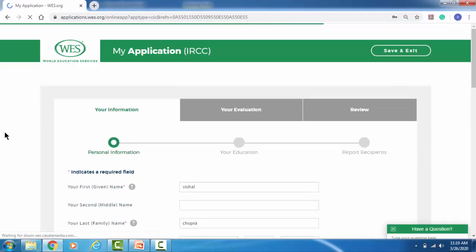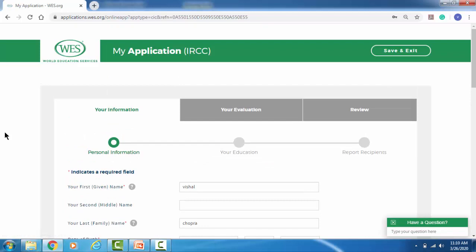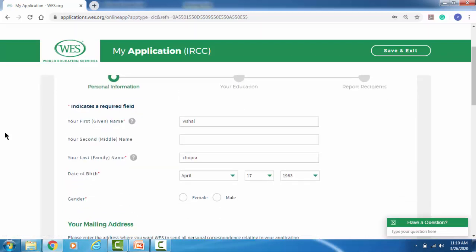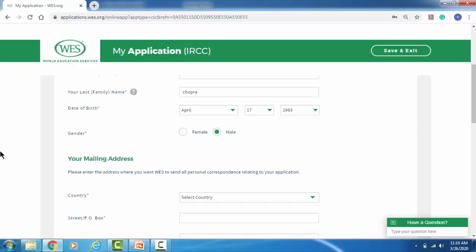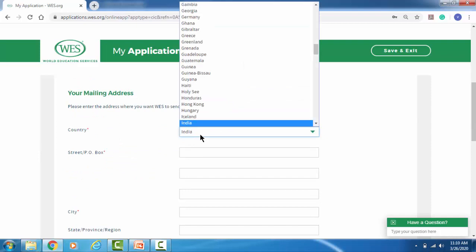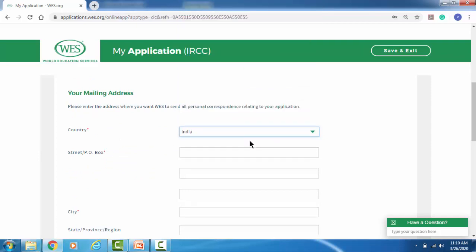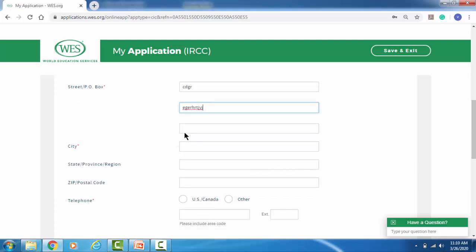Now here comes the section to fill in your personal details. Some of the details which you have mentioned earlier can be pre-filled. Now gender, male, then country, India. Then mention your address over here. I'm just putting something randomly. The city, say Delhi, state, province, Delhi. Zip code, say